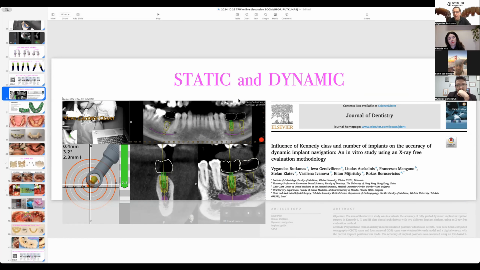But with static navigation, once the guide is already 3D printed, of course, you are not flexible to change it, and you either abort the mission, or modify your treatment plan freehand if you feel that you are experienced enough.